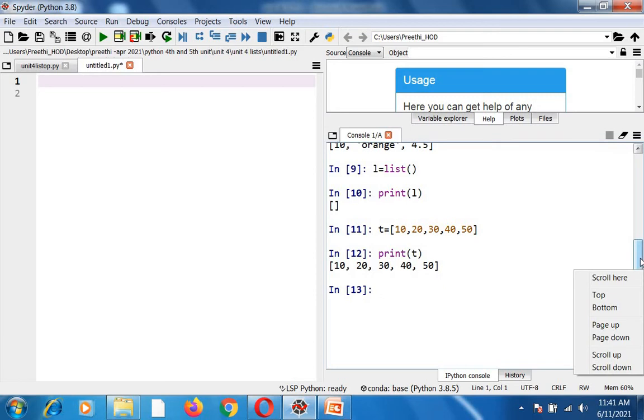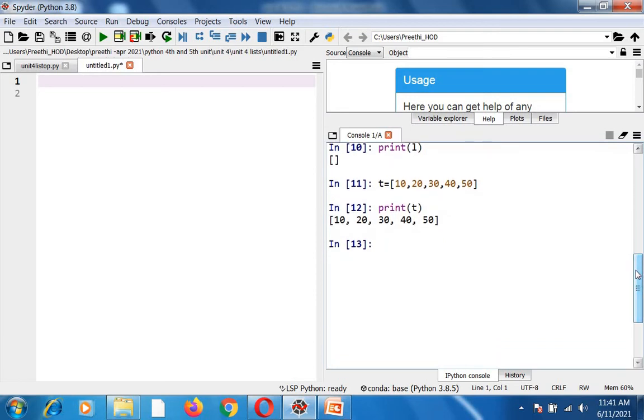Next I am going to try to modify some of the elements. Suppose I want to modify this 20 with some other element. How do you access this 20? Usually the indexing will start from 0 onwards, as I've told you before. So this is 0 and this is 1.